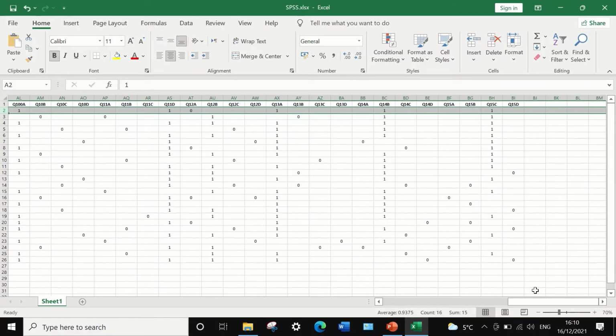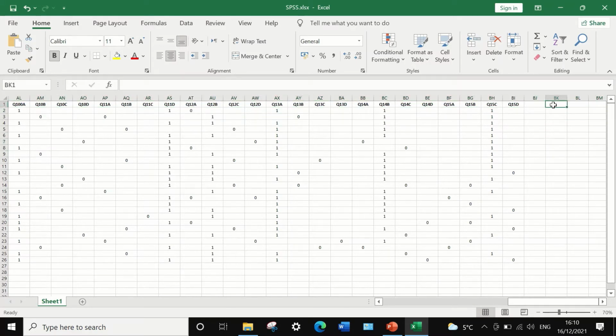And the way to do that, we type here and label a column count 0 or wrong answers, and in the cell below insert an equal sign, then type